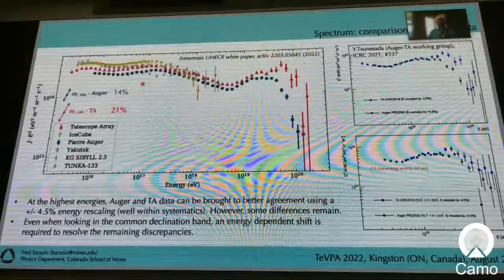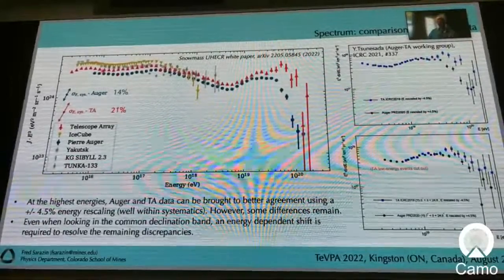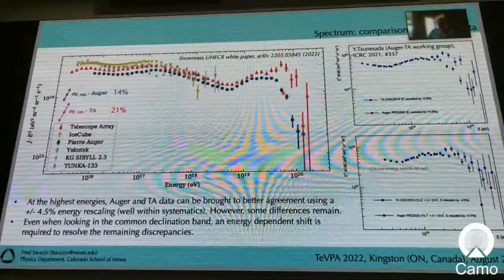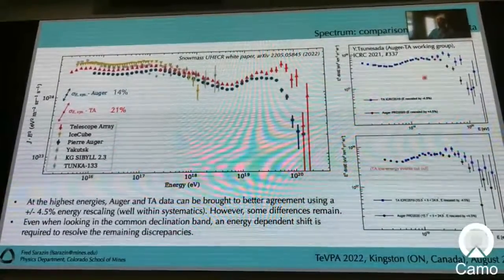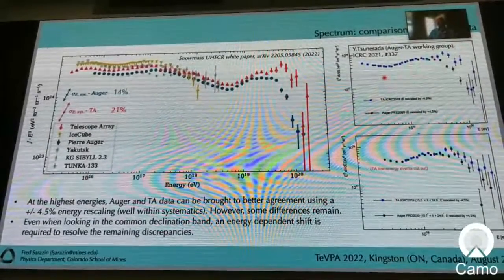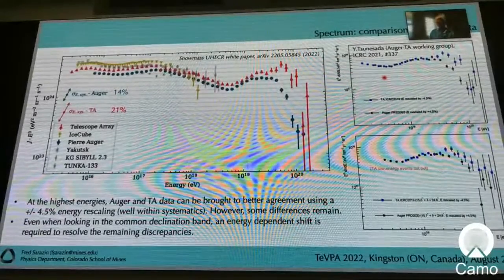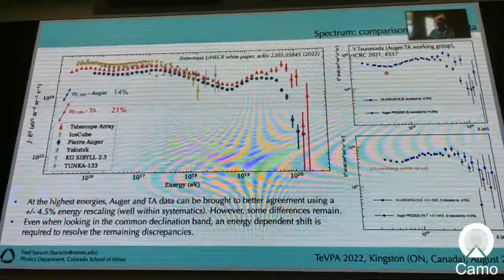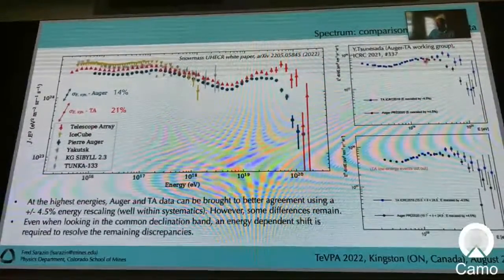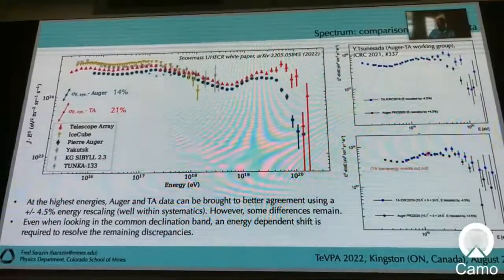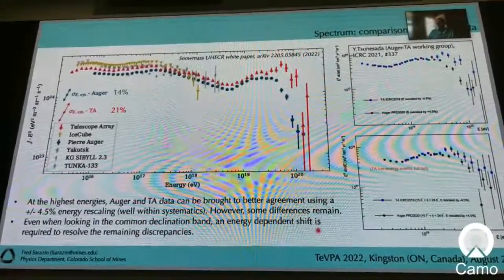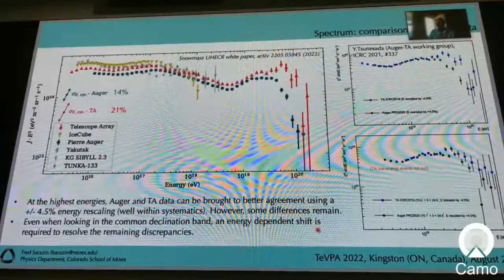This is a combination of all the spectra that are measured by the various experiments, low energy, high energy, TA, and Auger. Here we've already had a discussion about how we can show that Auger and TeVPA kind of sync, scanning the energy scale up to about a certain energy, let's say about 3 times 10 to 19. Then even when you look at the higher energy band, there's some energy-dependent shape that prevents the experiments